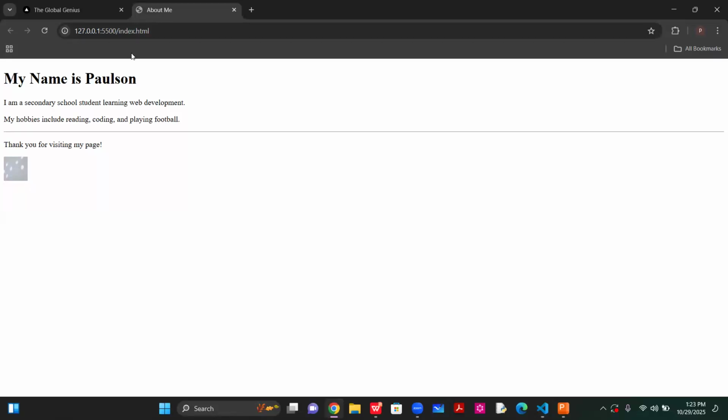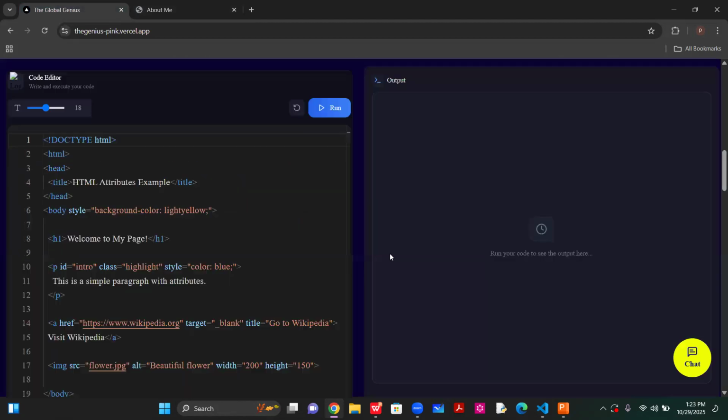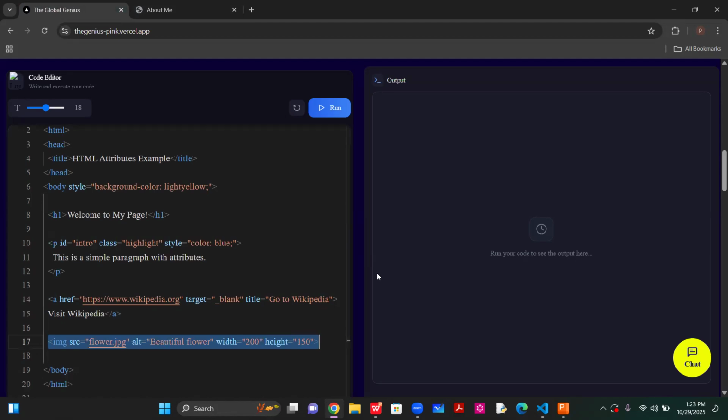All right. So in case you're using our code editor on here, we can actually, in this case now, look at the image. All right. But the thing is that because this code editor is not really big like the Visual Studio Code, we cannot import any image here. So, but what you can do here is that